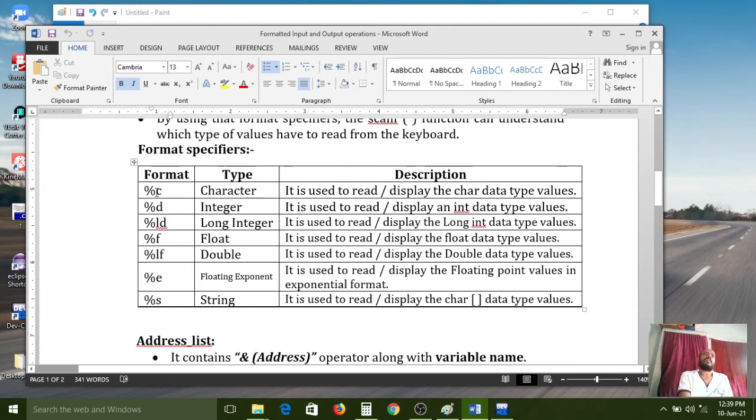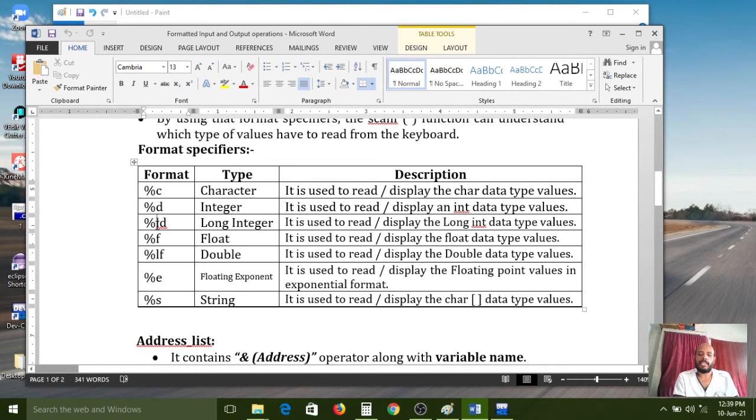Instead of a character, if you want to collect a whole number without a fraction part, we need to use the %d format specifier. And if you want to collect a big number, then we need to use the long integer format specifier, %ld.